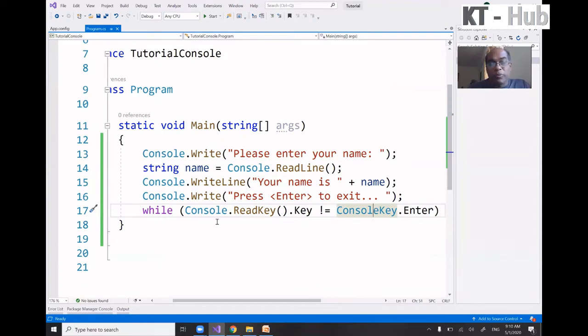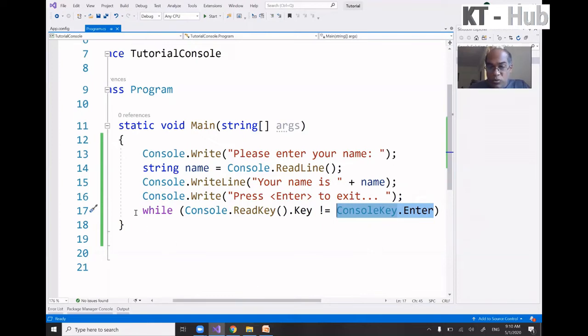So I'm doing a Console.ReadKey, reading the key that I'm pressing, dot Key. Here I'm checking what key I pressed, and if the key is not equal to ConsoleKey.Enter, if I press any key other than the enter key,